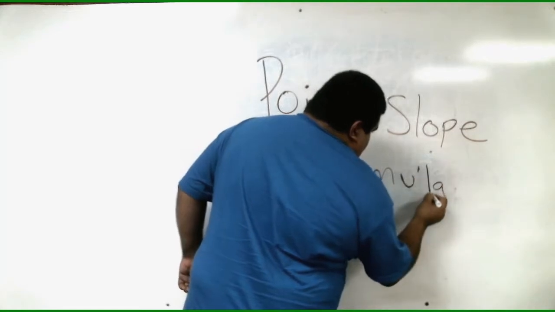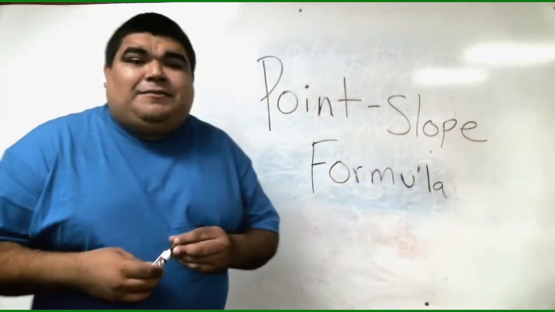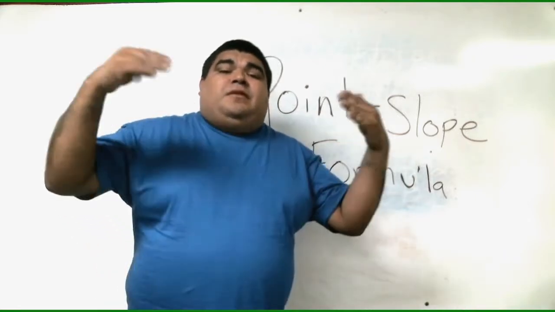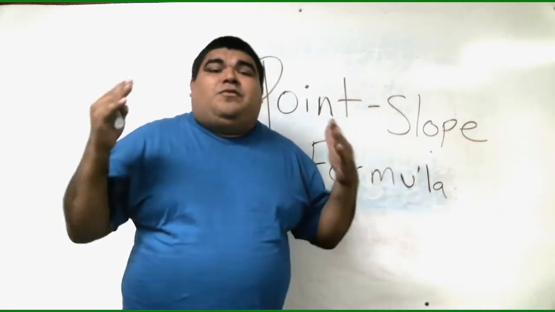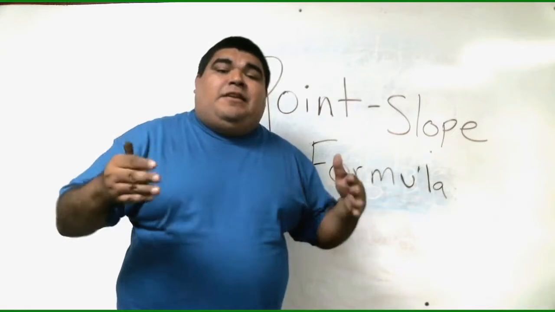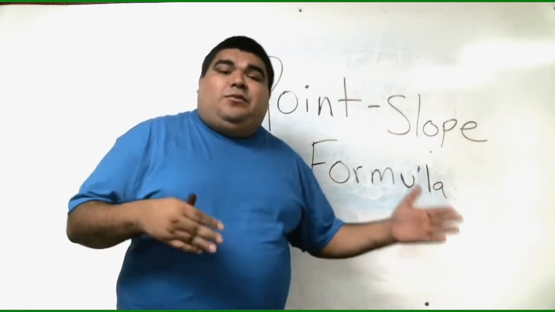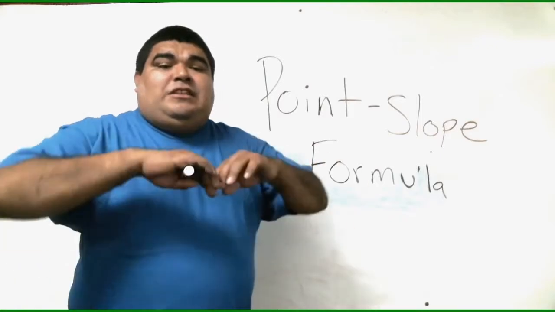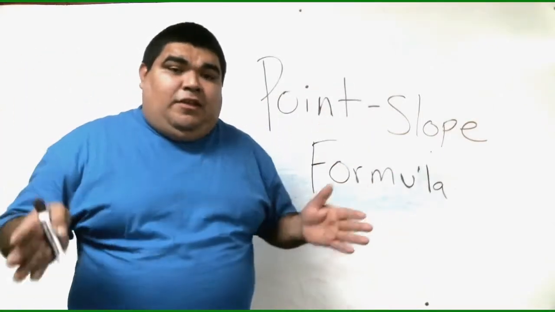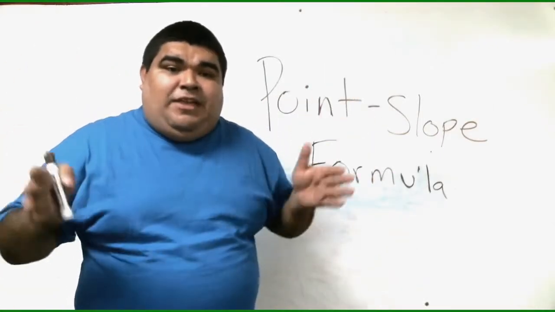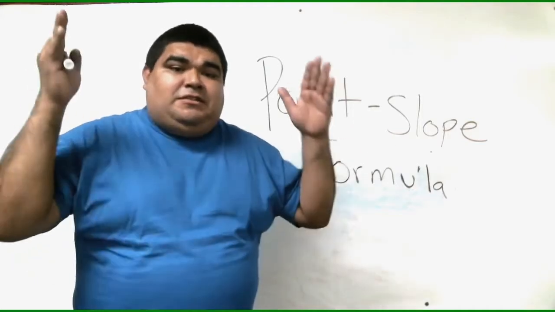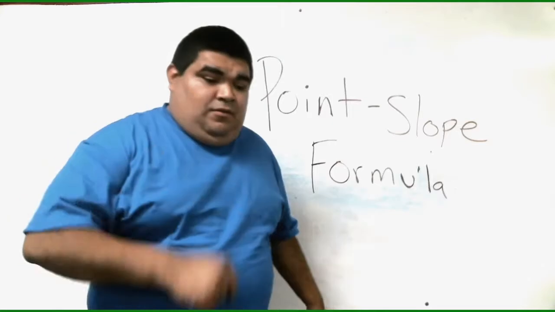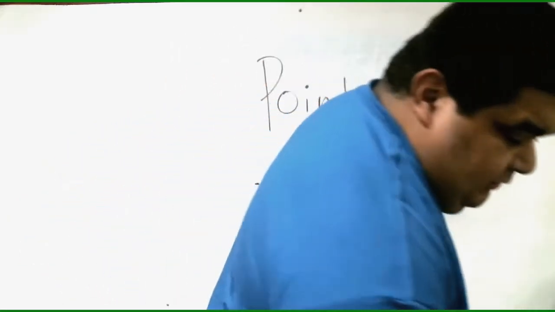Okay? It's something kind of similar to the other equation. The only difference is this one you arrive right at the end of that equation instead of like last class where you had to solve for b and then rewrite the equation. This one looks a little longer when you write out the equation, but you skip all that other part where you have to plug it back in, because once you get the answer, that's it. Okay? So the formula we're going to use today is